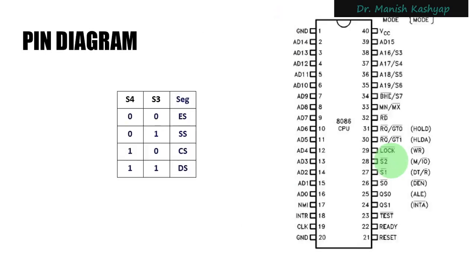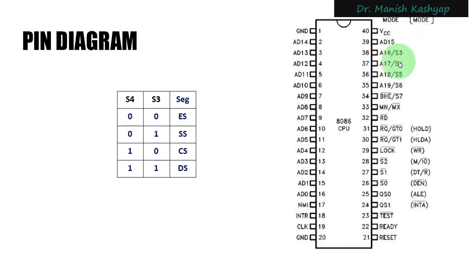We should also remember that we have read the status bits of this microprocessor. There are some status pins. You can see S3, S4, S5, S6, S7, and these status pins are applicable to both of the modes. So it's not that A16 to A19 have two meanings, one for maximum mode and another for minimum mode. No. These meanings will be used in maximum as well as minimum modes. Only the points that are written in small brackets will be applicable for minimum mode, and everything else will remain the same in both of the modes.